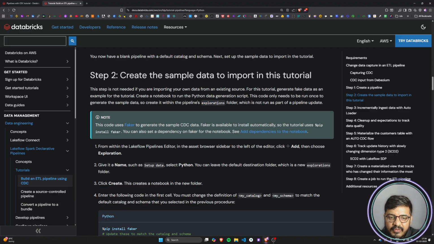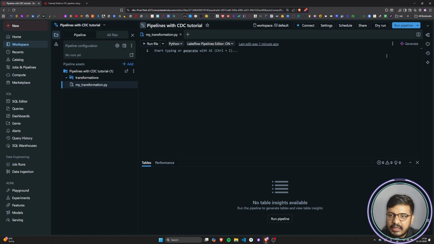So what will happen if we are creating it in the exploration folder is that we will have to manually run the code whenever we want to run it. Let's suppose I have written some code here, and if I click on this run pipeline,